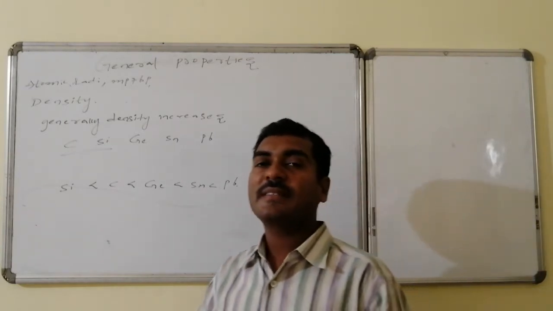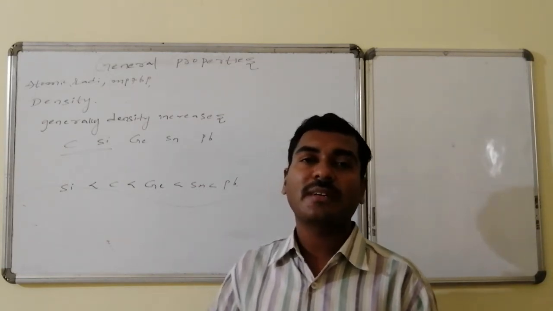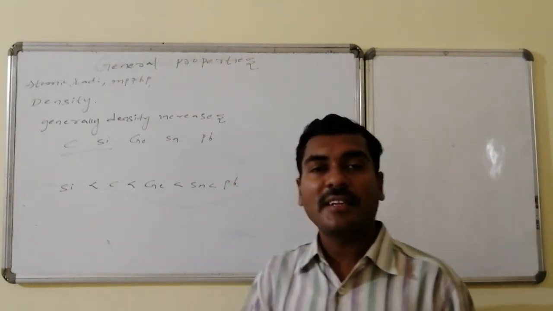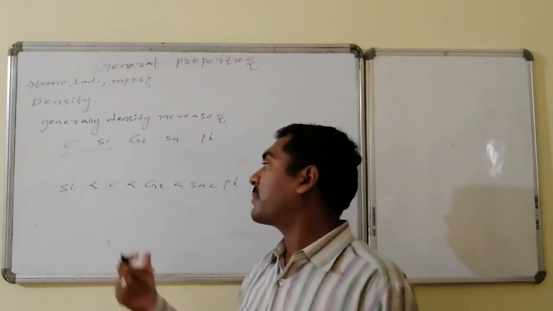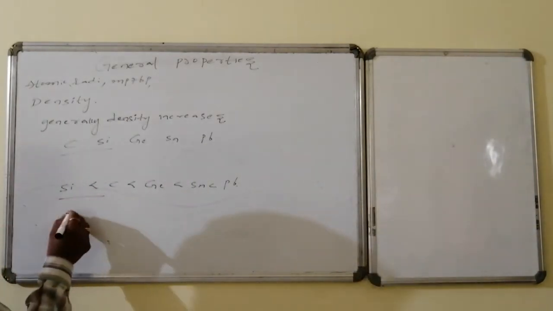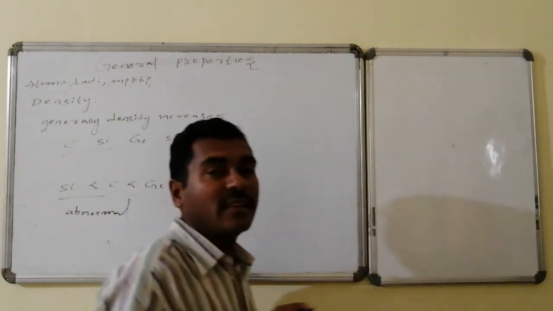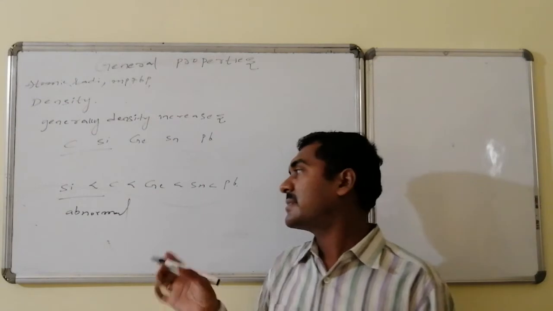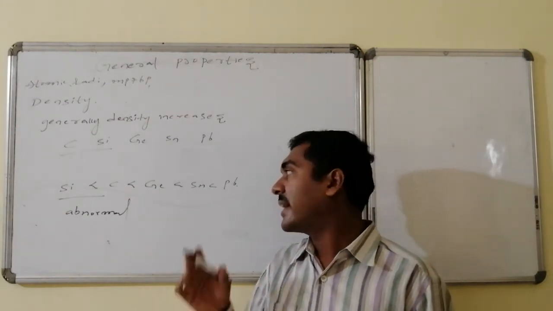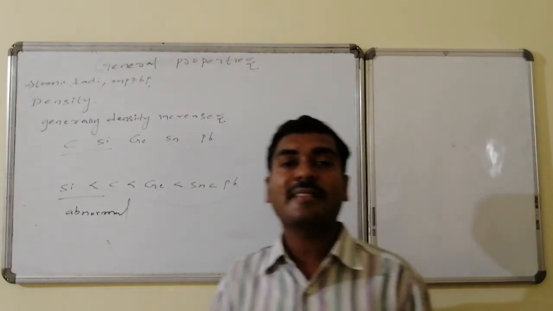Here mass dominates compared to the volume, though both are increasing. So therefore numerator dominates, which implies density increases, but in that increment there is an abnormality. Silicon is having lower density compared to the carbon, and the remaining trend is maintained as it is. So in case of carbon and silicon there is an abnormality, all remaining cases are maintained. Hence the density order of the carbon family is silicon is lesser than carbon, is lesser than germanium, is lesser than tin, is lesser than lead.